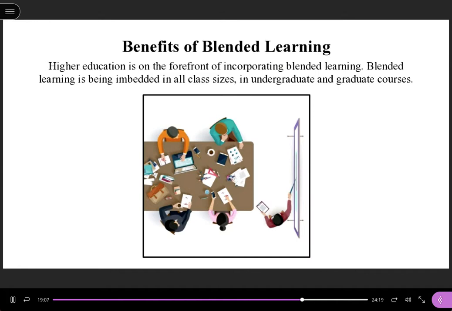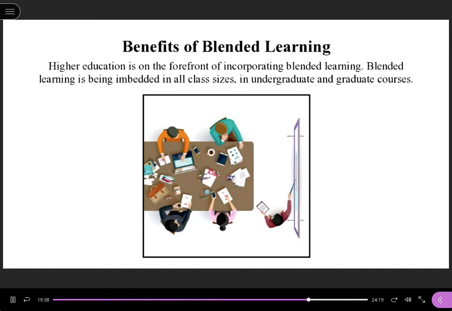A lot of courses are using supplemental materials from publishers of textbooks, for example, that the faculty members can utilize and structure in their picking and choosing what they want to share with the students. So there's a lot of ways that blended learning is being incorporated into higher education, and there are a lot